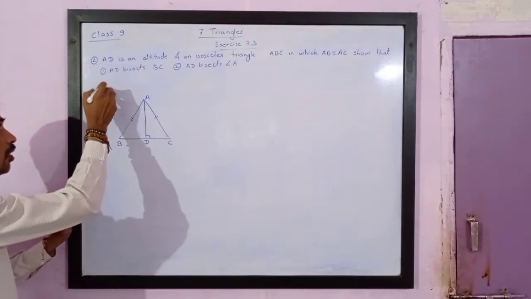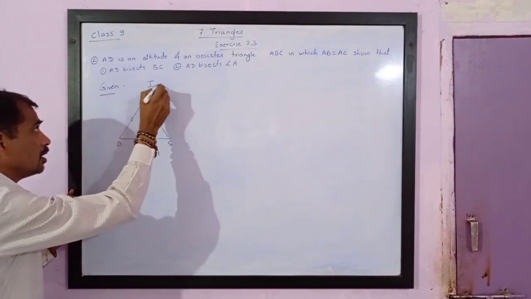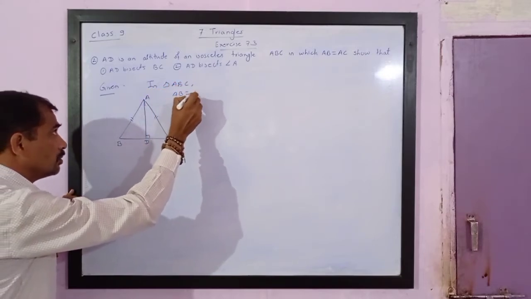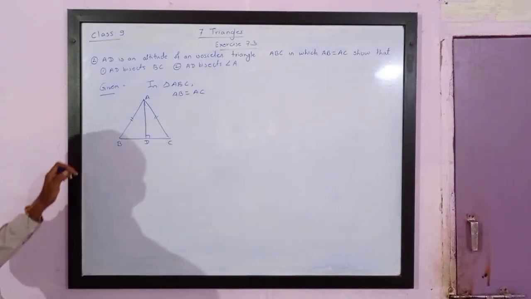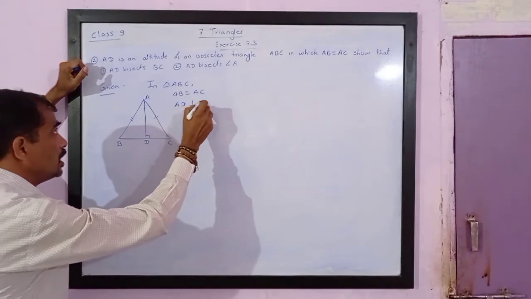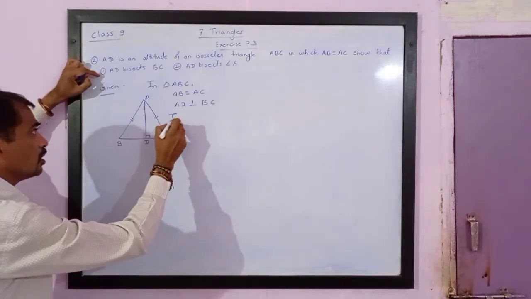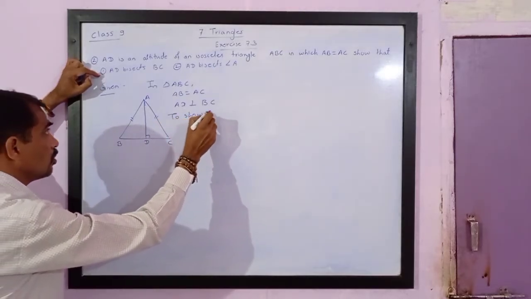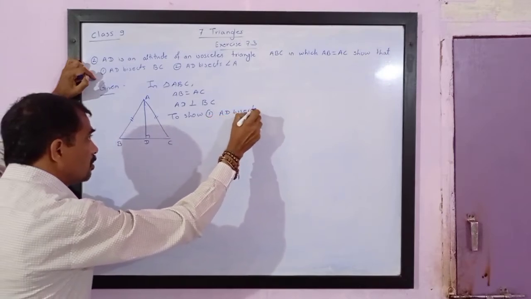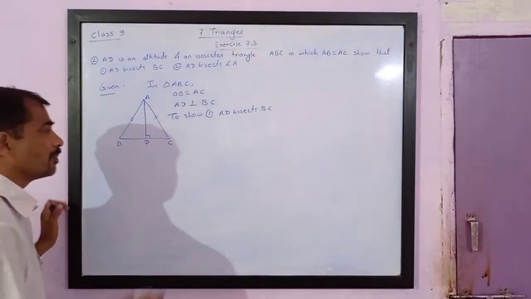So let us see how it can be proved. First, let us write the given things. In triangle ABC, we are given AB is equal to AC. This is given to us. Then we are given AD is perpendicular. AD is altitude. AD is perpendicular to BC. And we have to show first, AD bisects BC. Second is AD bisects angle A. Now see,